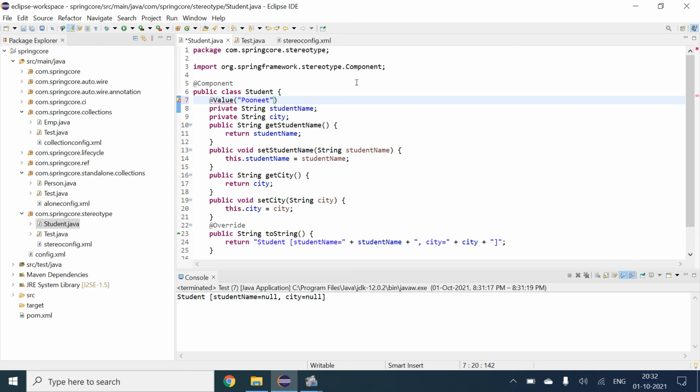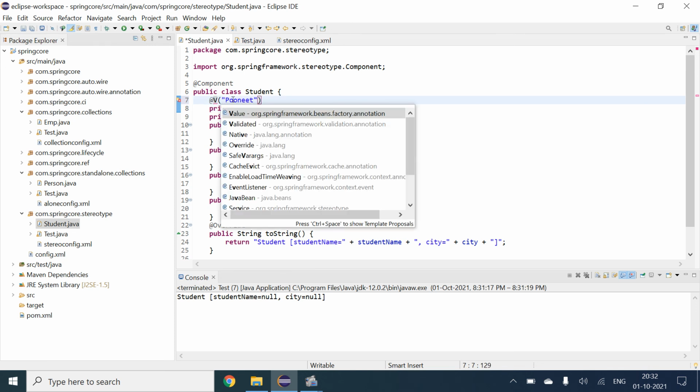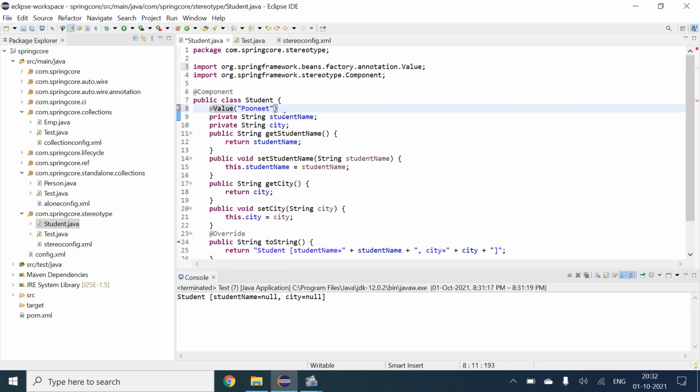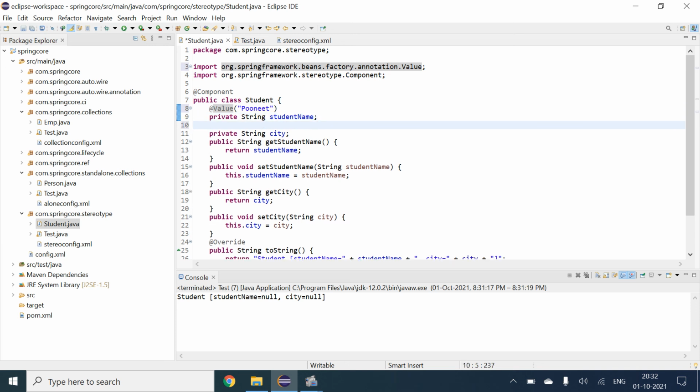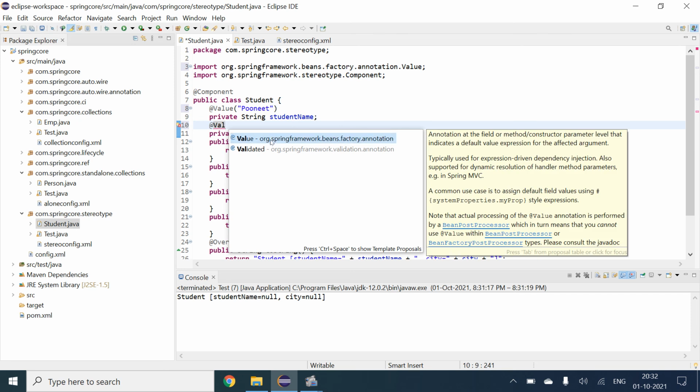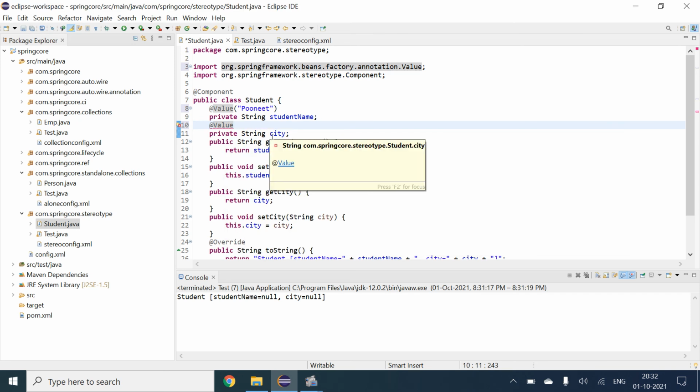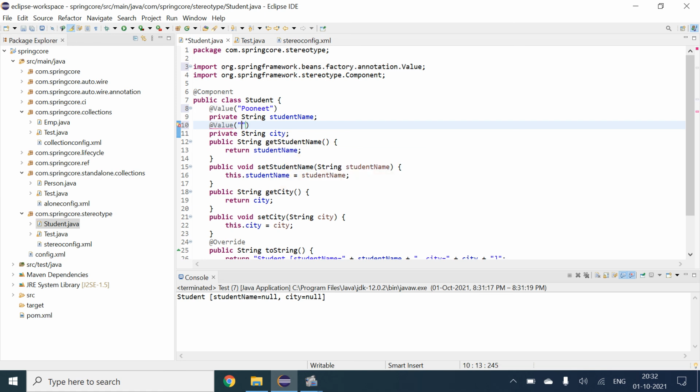Here it will take the student name as the value. Right now it has not taken the value. Just a second, value. Yeah. So now we will insert the city name. The city name is Delhi.